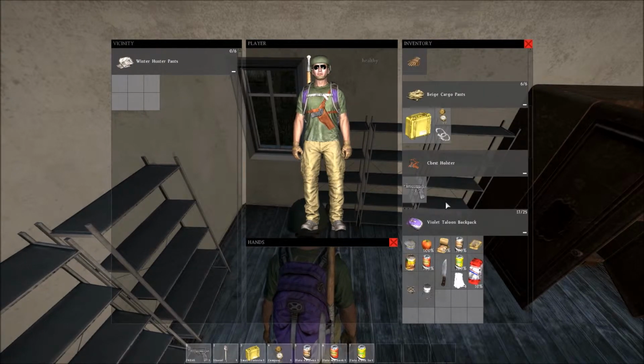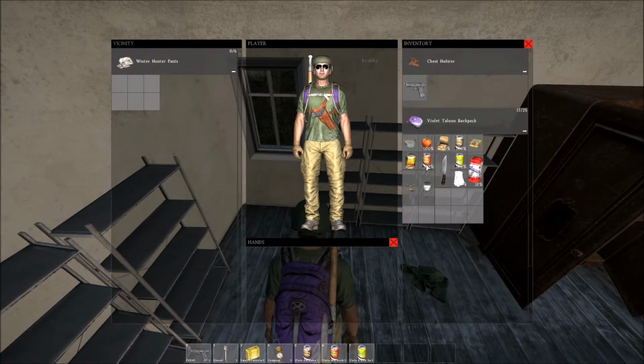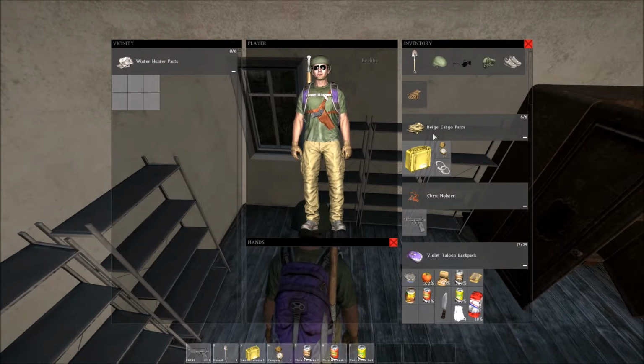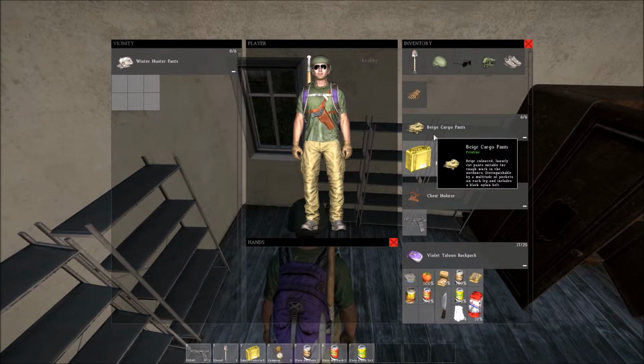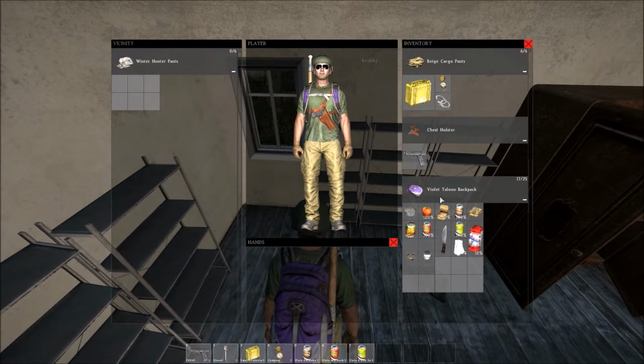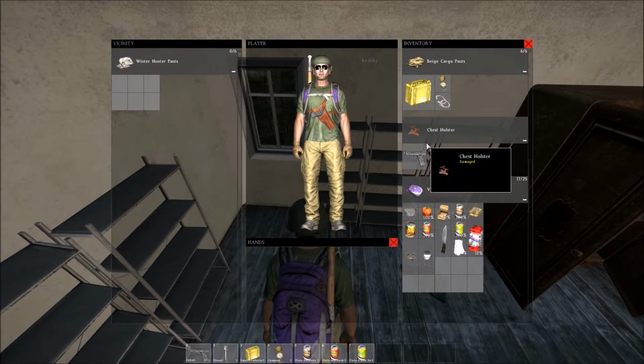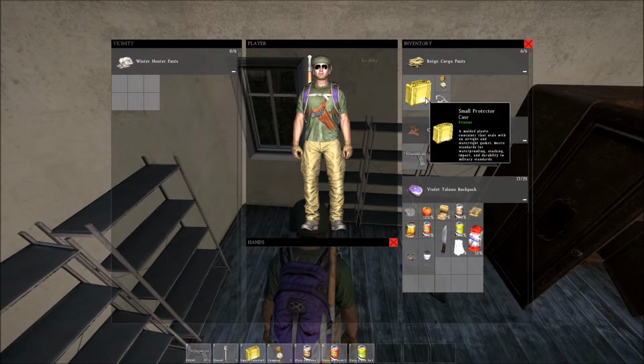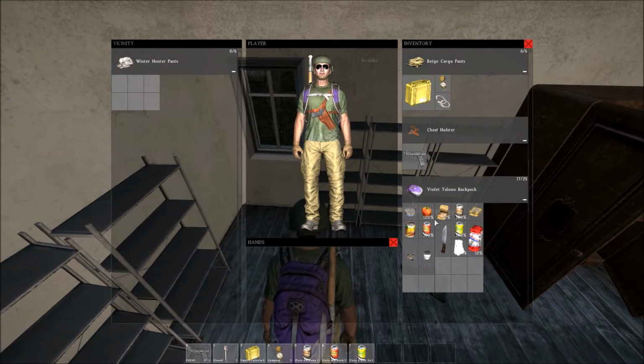Back to the inventory. Clothing and backpacks give you extra inventory slots. For example, these cargo pants hold 6 slots, my backpack holds 25 slots, and my chest holster can only hold my sidearm. Different items will take up different amounts of slots at various orientations. This apple, for example, takes up 1 slot, this case takes up 4 slots in a square, and this knife